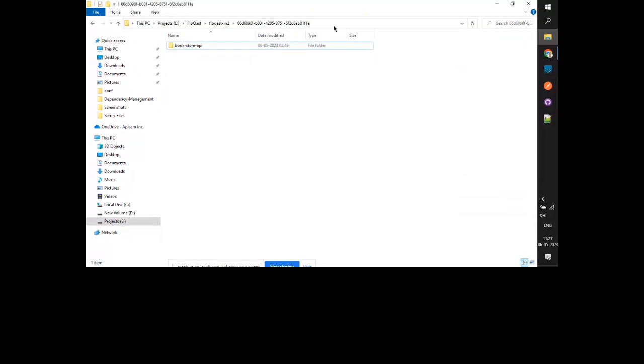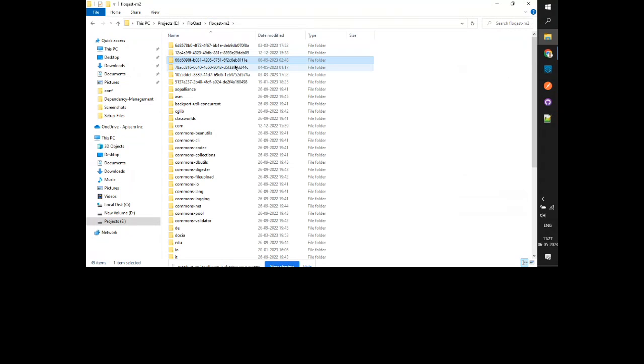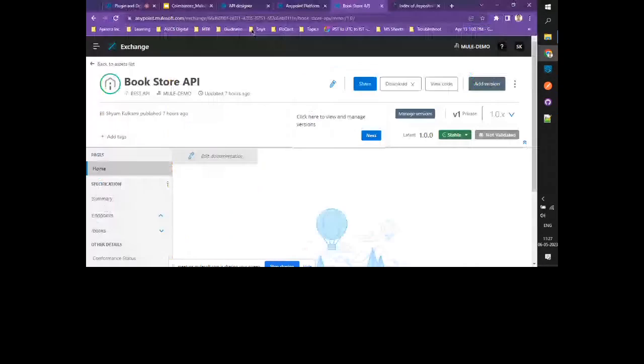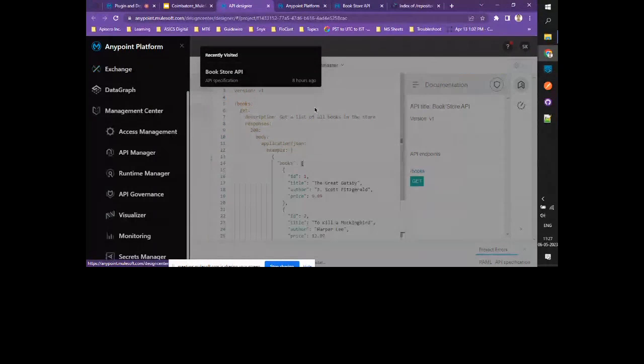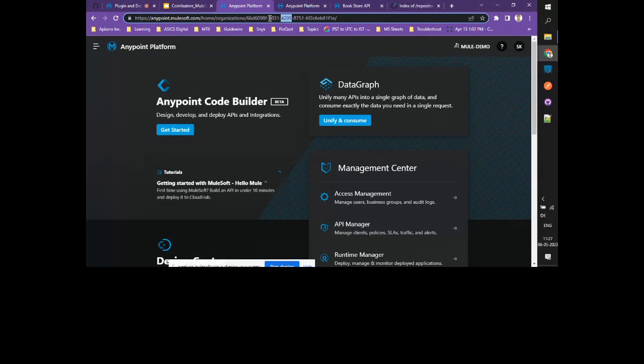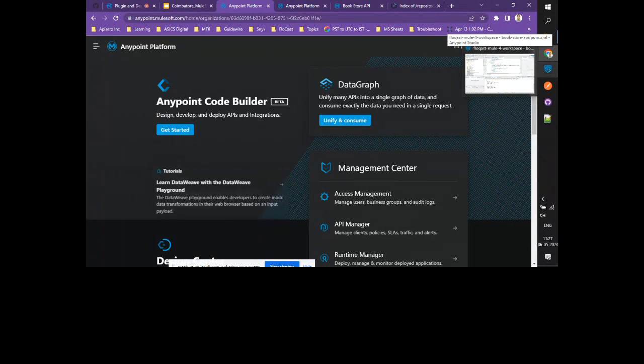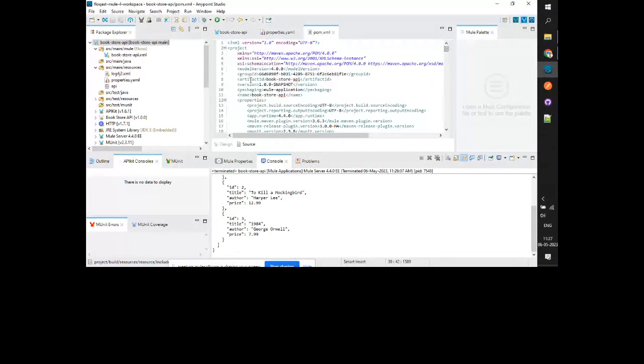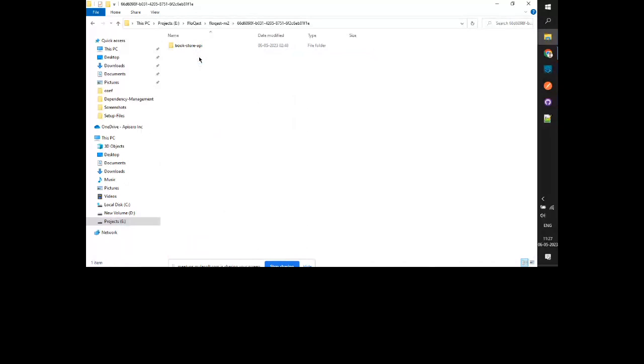So I have overridden my local M2 repository with this particular path. You can see inside this repo, this is my group ID. The best practice is to give the business group ID, whatever you see at this particular place. Let me show you quickly. There are two ways. One is here, looking at the URL, and one is to go into access management and look at the business group ID. So whenever you define the group ID, it is better to have your business group ID as your group ID. And under that folder only, you can see a bookstore API got